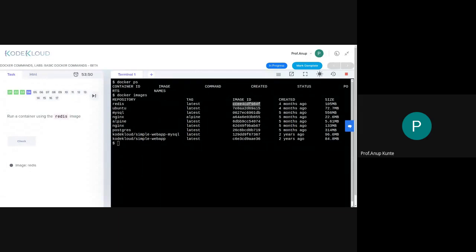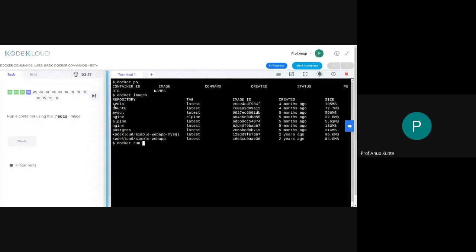Okay. Do help me around in answering the questions and learning these things on the way through. So what they want you to do is run a container using the Redis image. So there is one image called Redis. I want to run this container. Since the image is already downloaded on this host machine, we won't need to download it from the repository. It is readily available here. So what we will be doing is we'll be saying docker run, which is the command that runs an image.